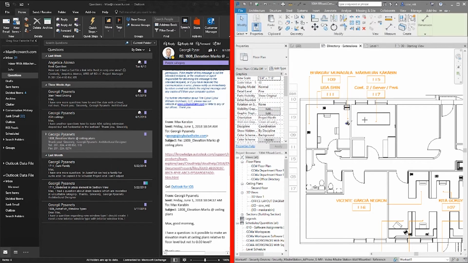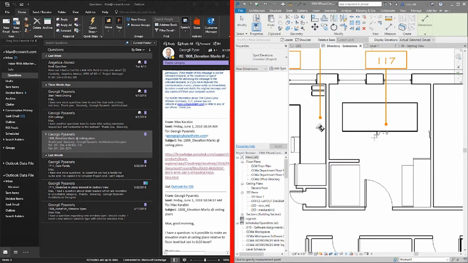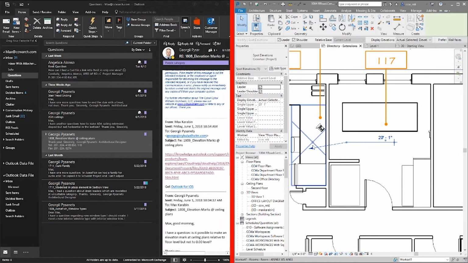So let's look at this. EL. This is your spot elevation, right? Like so. This is 20 feet. Right now it's set to actual elevation, which is relative to the origin of the project file. So this desk surface that I'm touching is 20 feet 1 inch off of the origin. But I can tell it to show